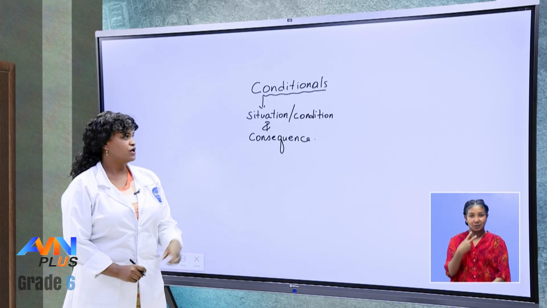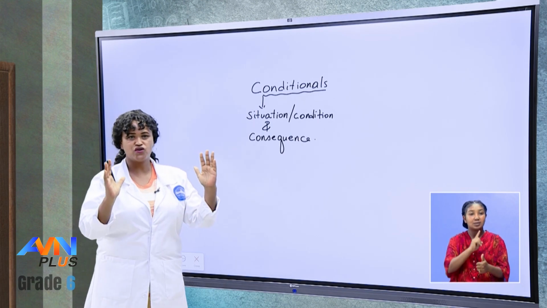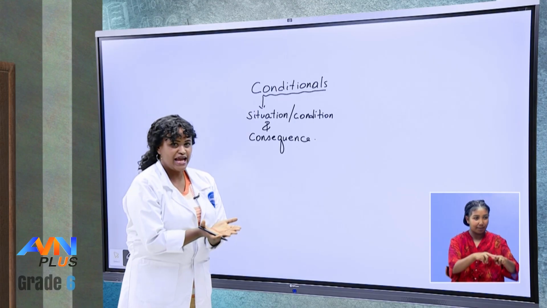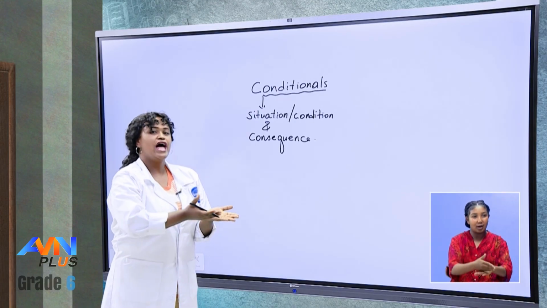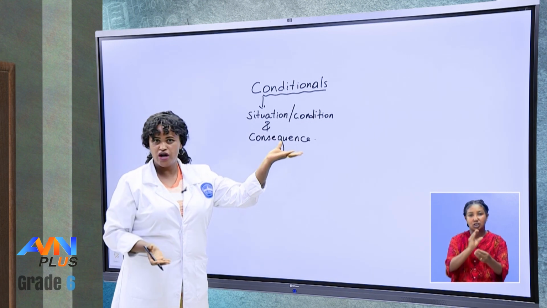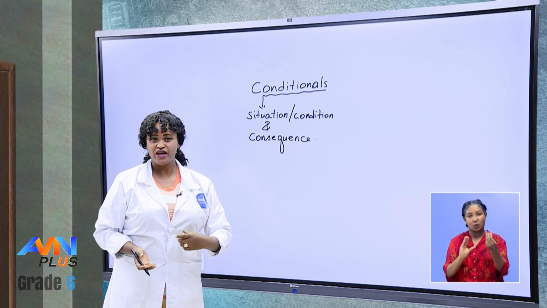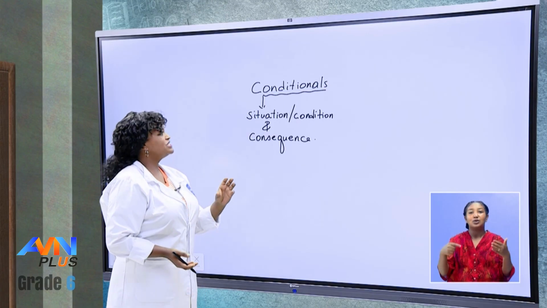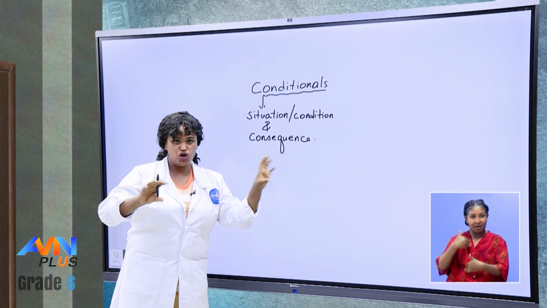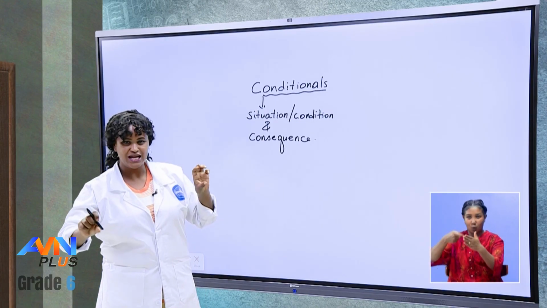You see? What's the first thing? When we talk about conditionals, there is a condition which is set, and then there is also a consequence which is followed after the situation or the condition. You see? So, when we say that conditionals have two categories, a condition and a consequence, that means